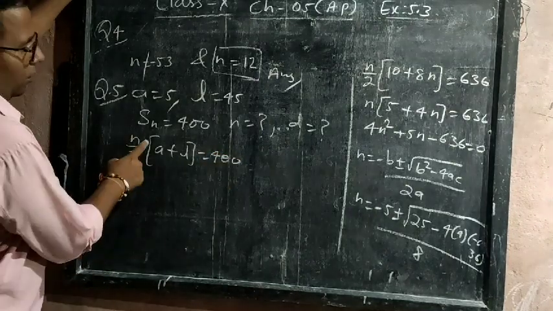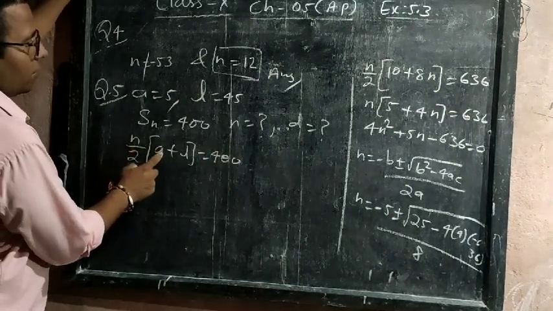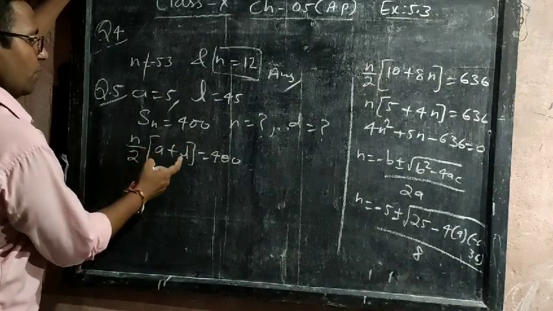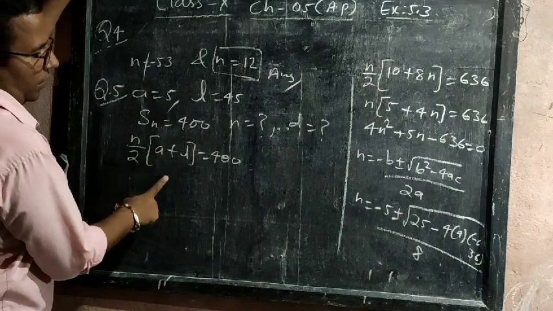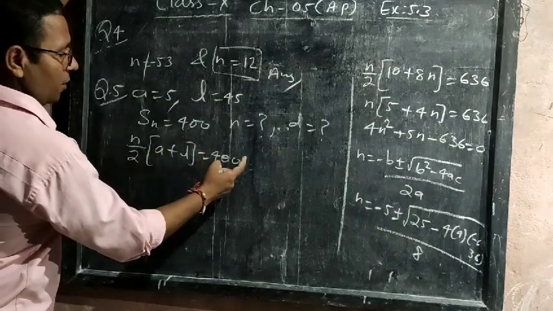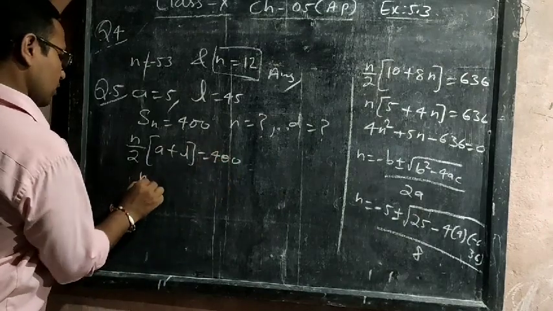So the n value question is asking here: the a value is 5 given here, the n value is 45, and the total will become how much? 45 plus 5 is 50, and that 50 will go in the divisions, and these two will go in the multiplications. So let's do that one.